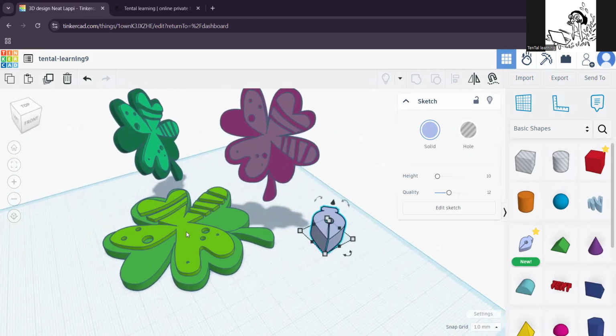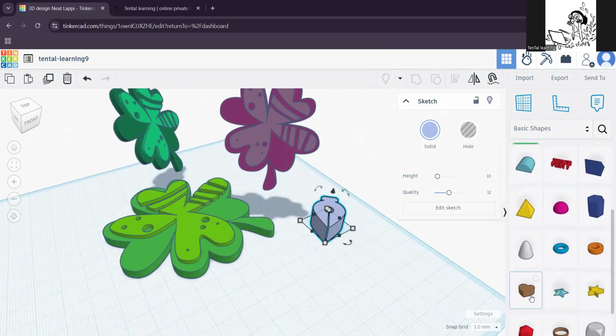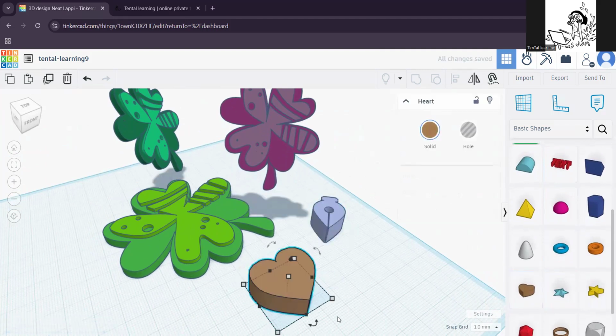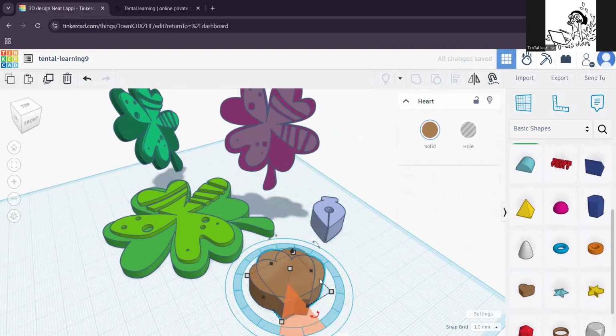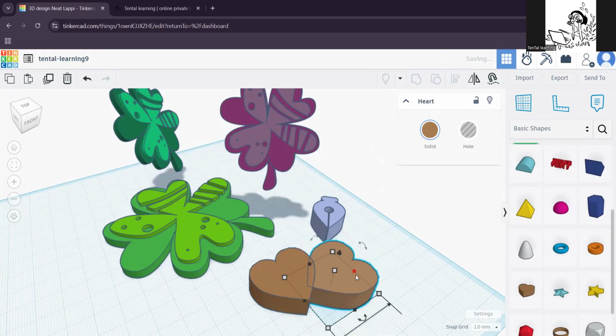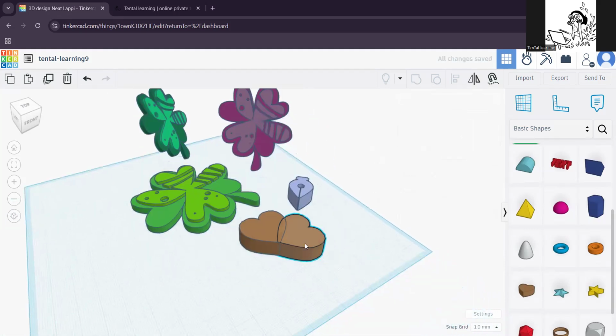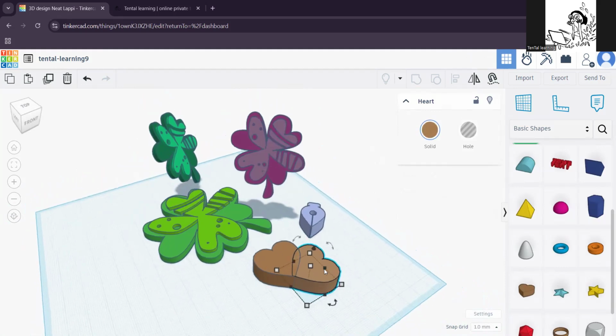So first of all, if we want to make four-leaf clovers, we can use the heart shape. So this one will be very easy. Just copy a few times and then rotate and move. But the shapes will be very kind of regular and not very interesting. If you want something that repeats exactly the same way, you can use the heart shape and